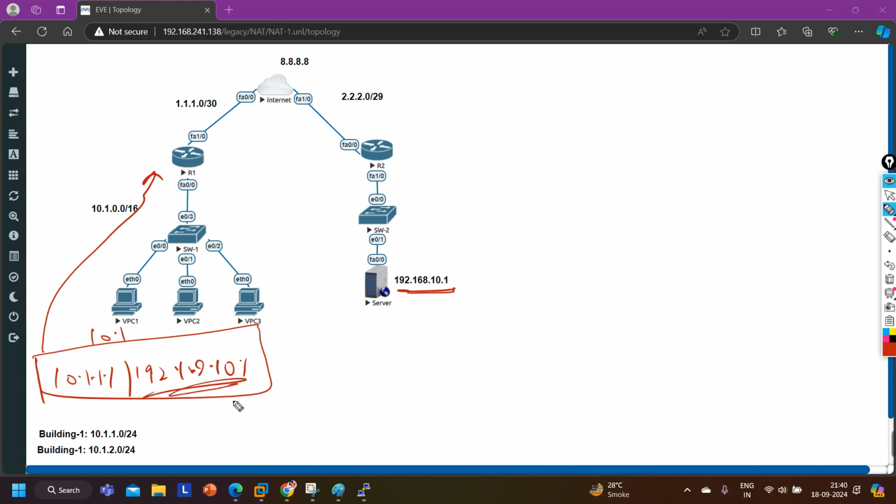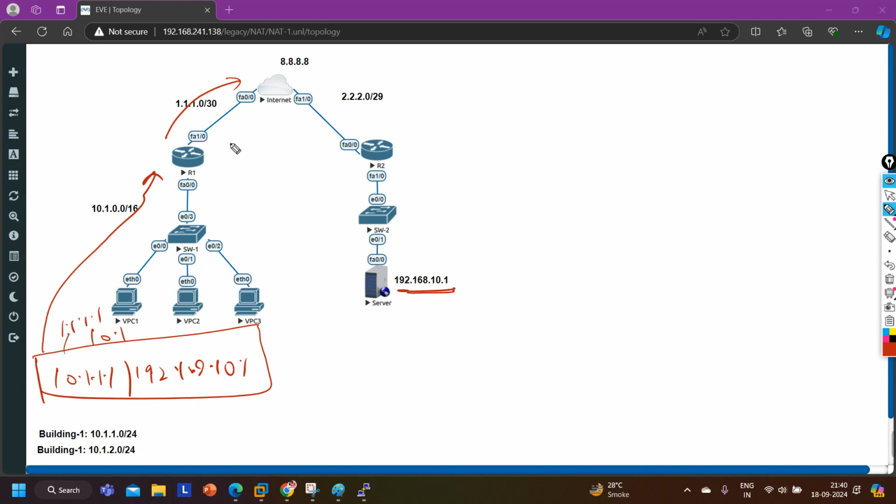In the routing table, a route is not available for this network, so it will match the default route and forward traffic to the internet. If NAT is running, it will translate the source to 1.1.1.1. The destination is still private. So the internet router is going to drop it. Correct?